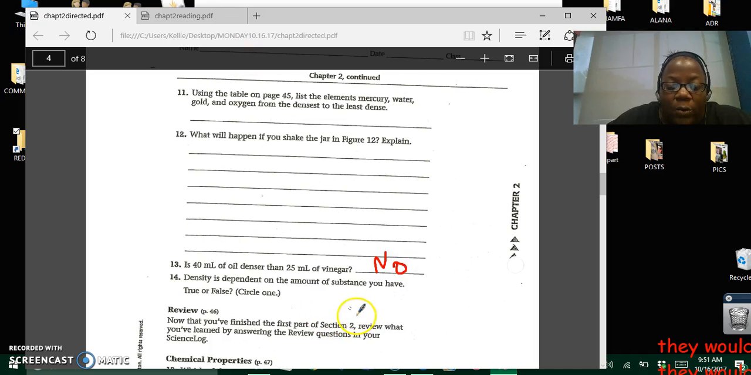The oil will always stay on top. Number 14, density is dependent on the amount of substance you have. True or false? False. It does not matter the amount of substance you have. Okay? So let's move on to